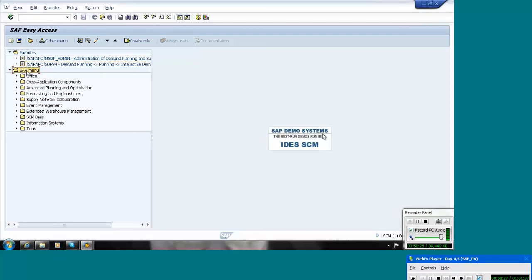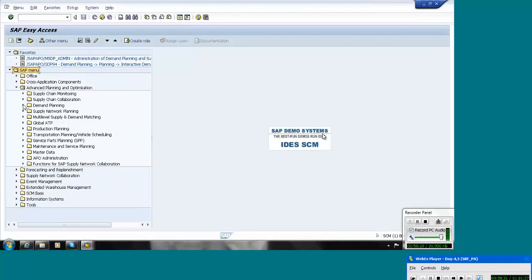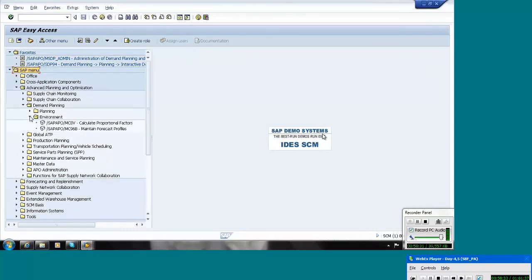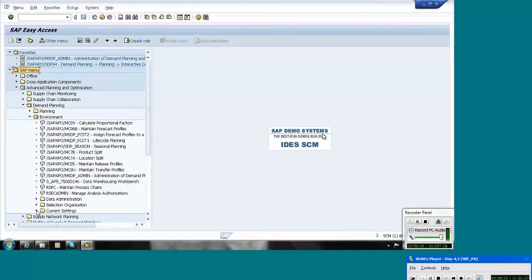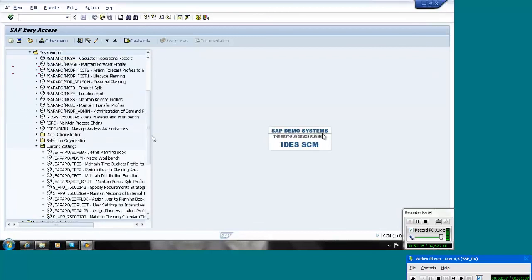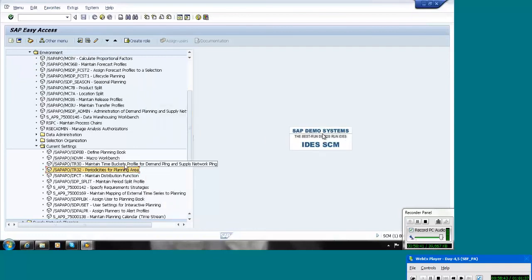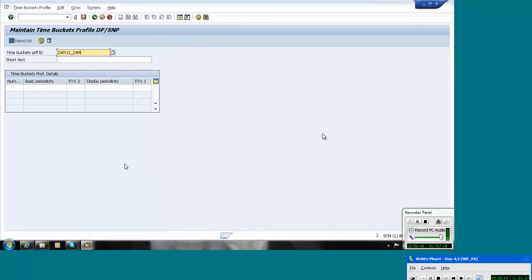SAP Easy Access menu, APO, Demand Planning, Environment, Current Settings, Periodicity of the storage bucket profile. Here I want to see the data for 24 months, so I will take 24 months.